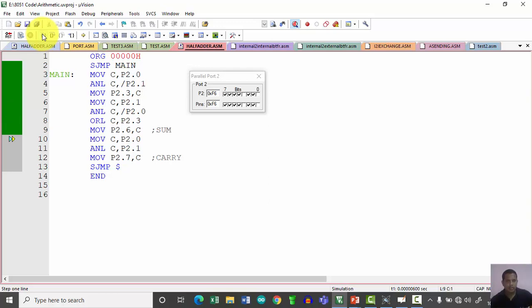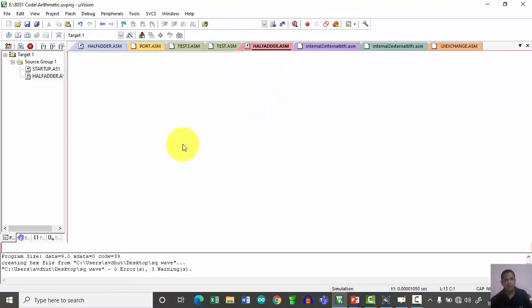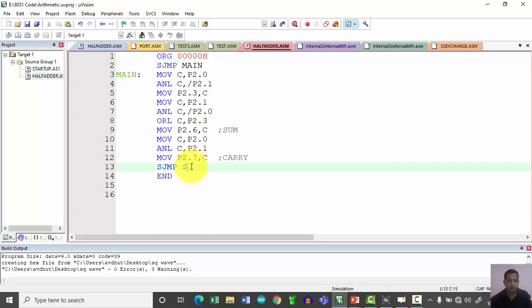So here the sum: 0 and 1, the result is 1 and carry is 0. So this carry is reflected on P2.7 and the sum is reflected on P2.6 in this way. So for a repetitive execution, I will put this code into a loop.